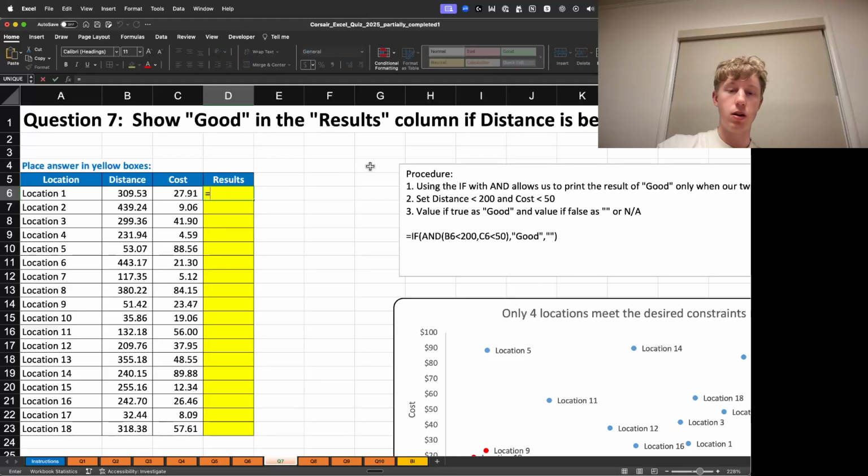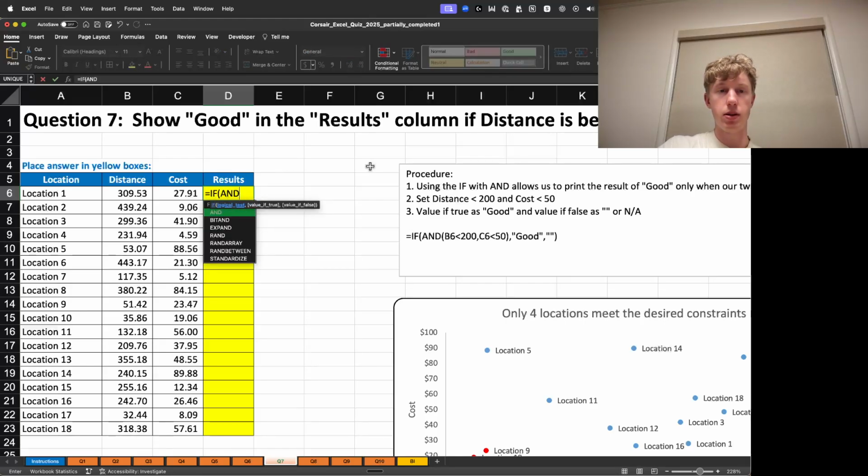So let's start by producing our formula. So we're going to say IF and. So this is going to be a different approach, but very similar to the previous formulas that we used, where we're using two different criteria. Say for instance, the COUNTIFS function, we were able to do a counting calculation with two different criteria. But in this case, because we are outputting a string, we're not doing a calculation per se. We're looking for a true false sort of, again, a binary response from the distance and the cost to output